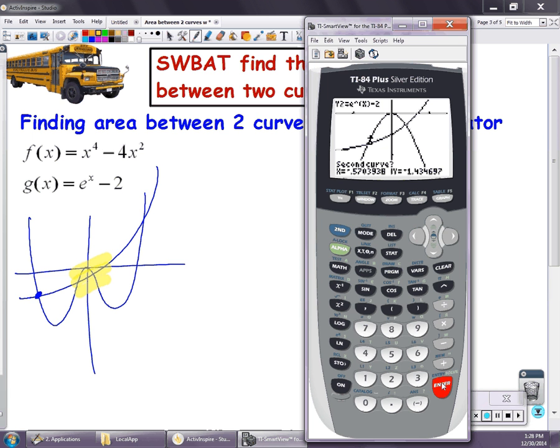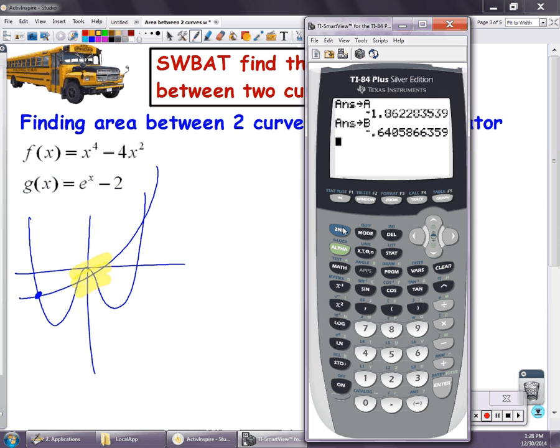Enter, enter, enter. And then I'm going to go to the home screen by hitting second quit. I'm going to STO for store, and I'm going to put this X value in B, and it tells me what it just stored there. I'm going to go back to the graph, whoops,